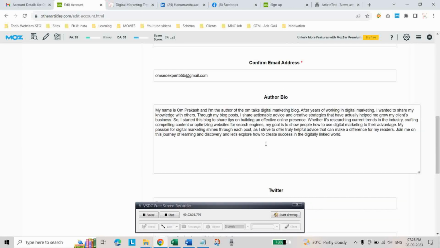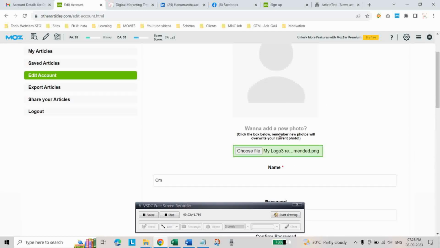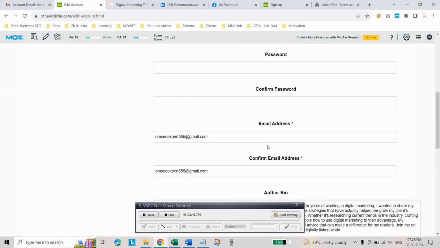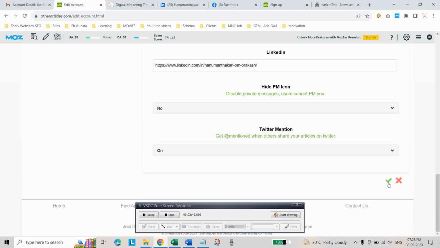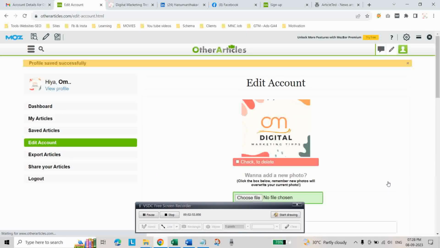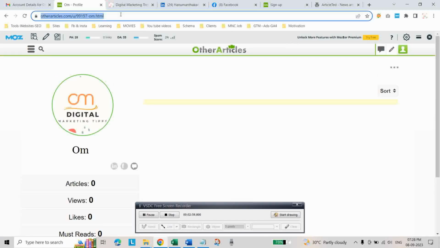After adding your author bio and your new profile photo, you can also add Facebook and LinkedIn links if you have them, and then click on this right button. As you can see, our profile is being edited, and now we can copy this profile URL